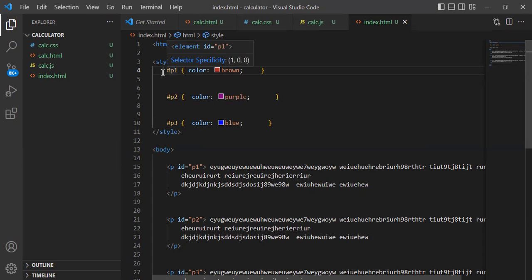So Bobby, explain from the top, from P1 to P3. What are we actually doing here? I want you to explain what we're doing. P1 is like a tag, similar to the identity, an ID. You're just trying to let the text know what you're trying to do, like you're trying to change the color of